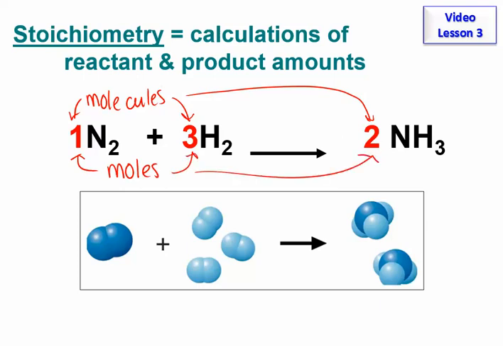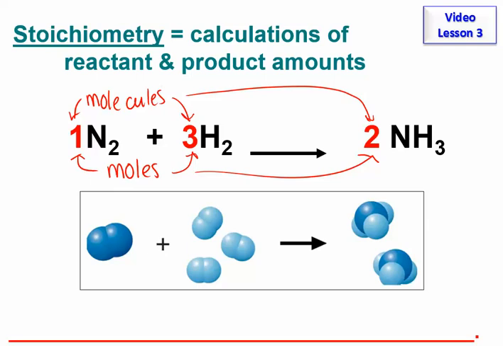So I could say 1 mole of nitrogen reacts with 3 moles of hydrogen to produce 2 moles of, this is ammonia. Okay, so we can read those off in moles or